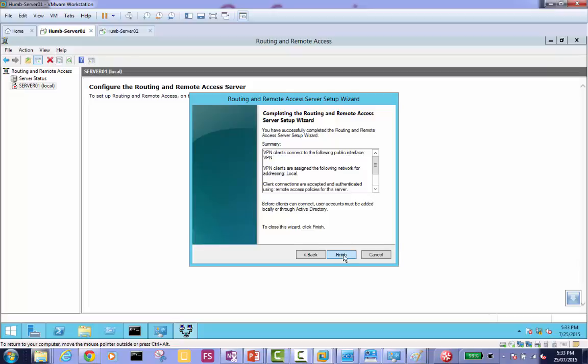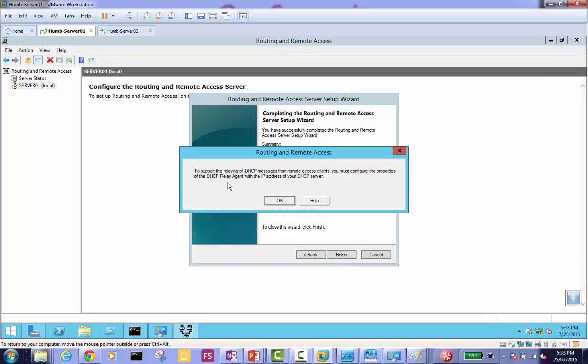Let's see. I click Finish now after clicking Next. Okay, yeah. So to support relaying of DHCP messages from remote access clients, you must configure the properties of the DHCP relay agent. The DHCP relay agent concept is that there's a DHCP server internally which manages all the IP addresses and the lease time. Then there's a DHCP relay agent on another segment, and if you don't put a DHCP server on another segment, then the DHCP relay agent works as an agent.